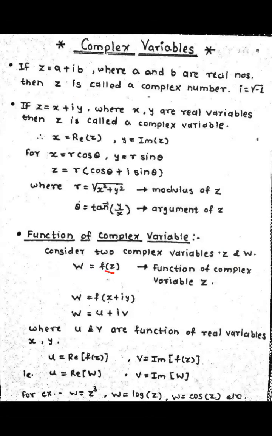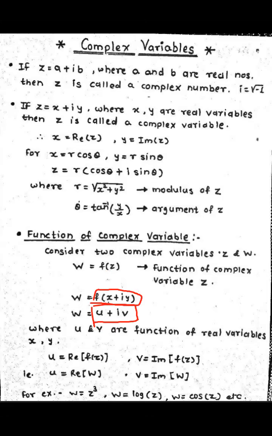The meaning is that the image of this z variable is w. So if we put z equal to x plus iy, then the function of a complex variable is also another complex number. In other words, we can say that the image of a complex number is also a complex number